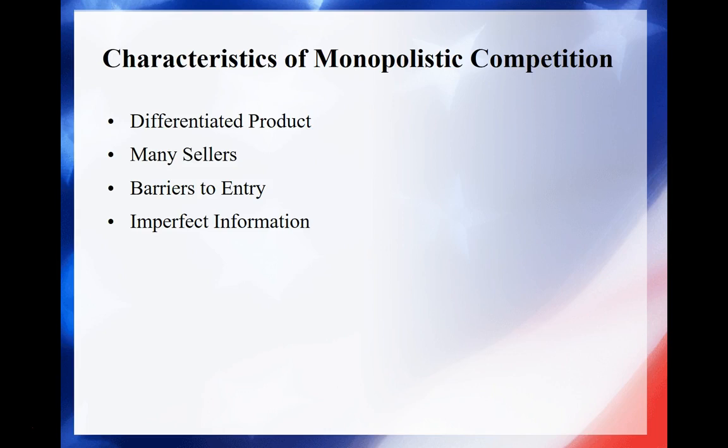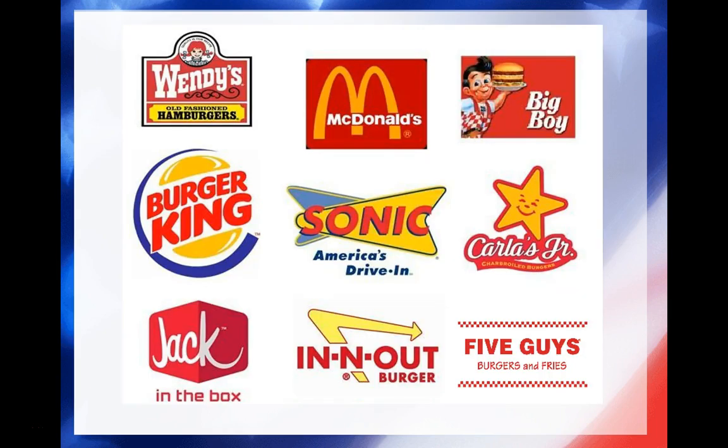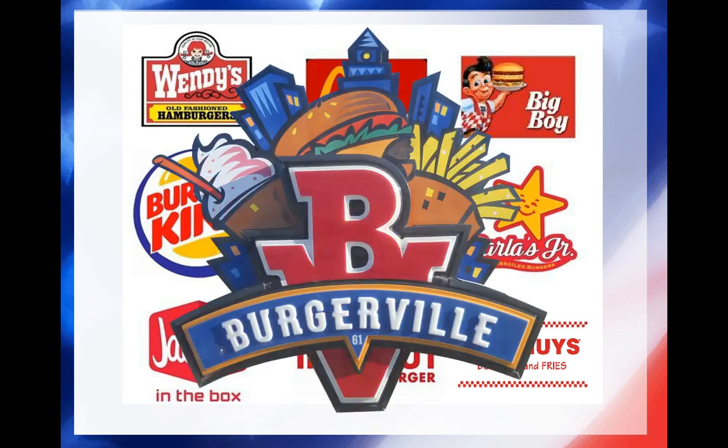In monopolistic competition, you have the same four areas, product, sellers, entry, and information, but they're a bit different between monopoly and perfect competition. First is differentiated product. The product is similar, but it has variations that make it unique. Carl, Ronald, Wendy, and the King all sell burgers, but Ronald has secret sauce. The King lets you have it your way. Wendy's are square, and Carl charbroils the thing. The production is the same. The only difference is the uniqueness of the product. So which one is the best burger?